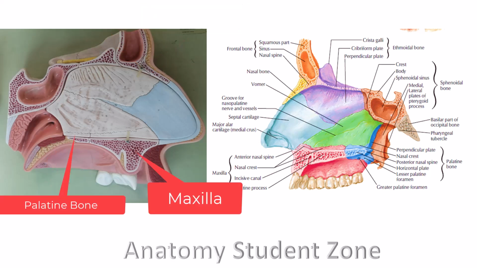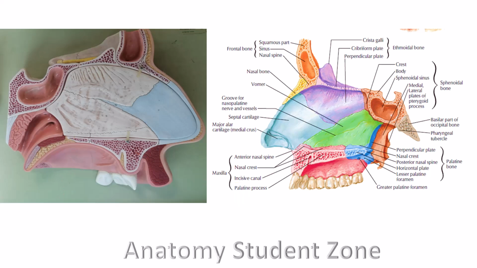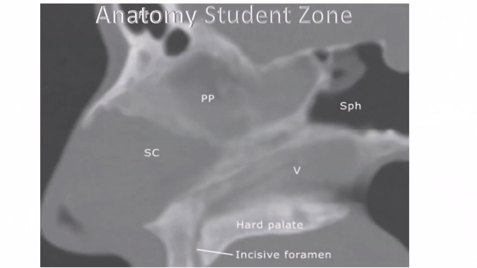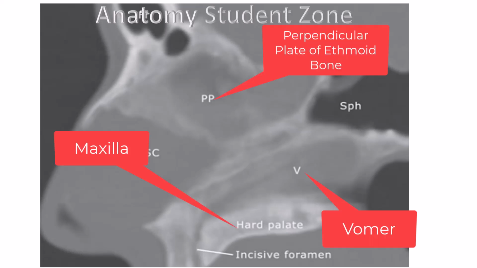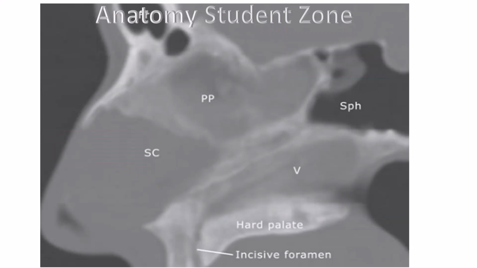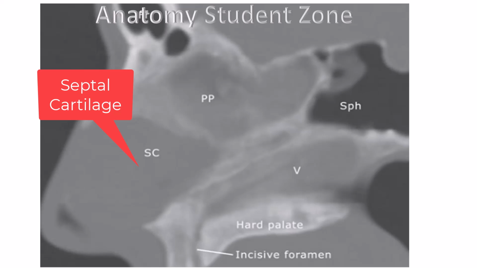You can also observe the nasal septum and its anatomy that I described on this midline sagittal section of a CT image as well. Sure, you can identify the bones and you can also identify the cartilages which form the nasal septum over here. Hope the efforts I put in for you will help you not only in exams, but I'm sure they will also help you on the clinical side as well.